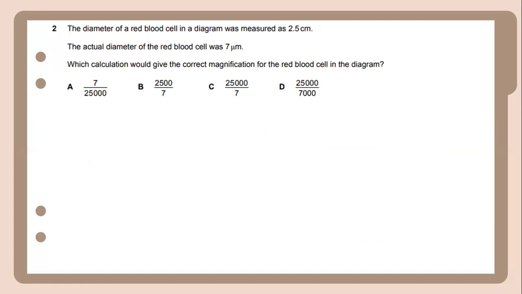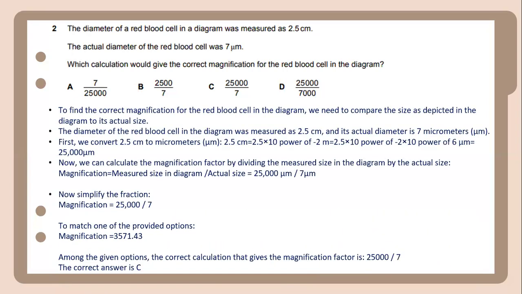The diameter of the red blood cell in the diagram was measured as 2.5 centimeters, and the actual diameter of the red blood cell was 7 micrometers. Which calculation would give the correct magnification for the red blood cell in the diagram? To find the correct magnification, we need to compare the size as depicted in the diagram to its actual size. The diameter in the diagram was measured as 2.5 centimeters, and its actual diameter is